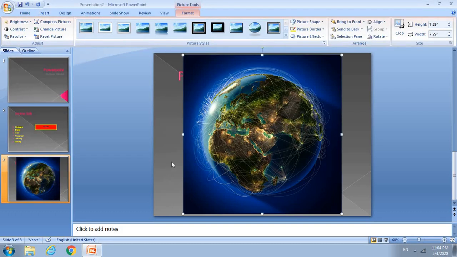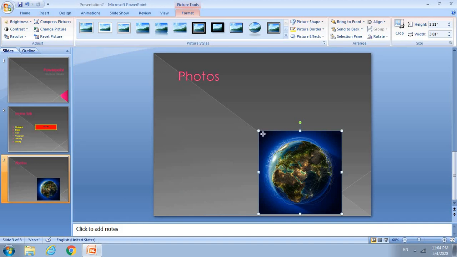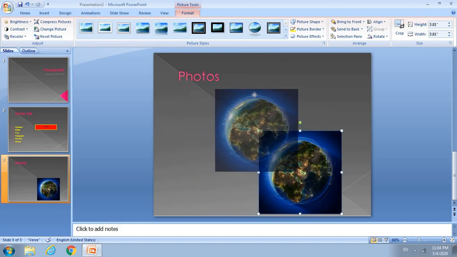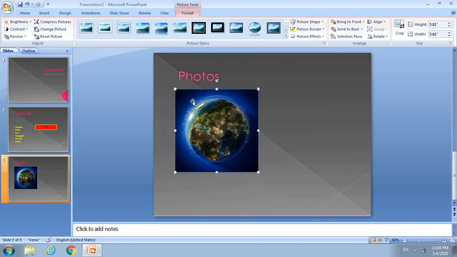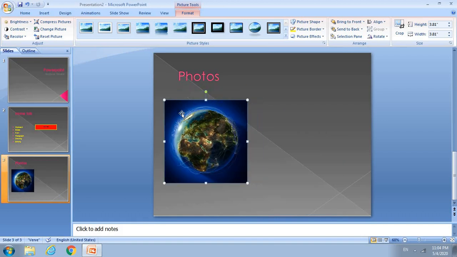Now you can see my text is gone. The picture has totally taken over the text, but I want it to be visible, and I don't want this picture to be this big. So again you can make use of these handles and resize it as you want, and then again you can drag it and leave it anywhere you like. I'll keep it somewhere here, but I want it to be at the exact center. I don't want it to be at the left or at the right or at the bottom. I want it to be at the center of the slide. So how can I do that?